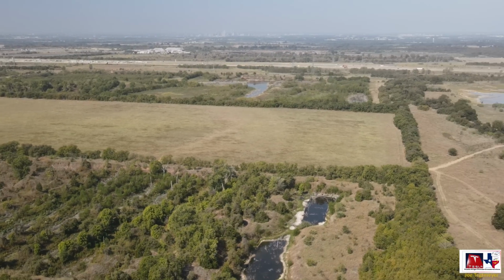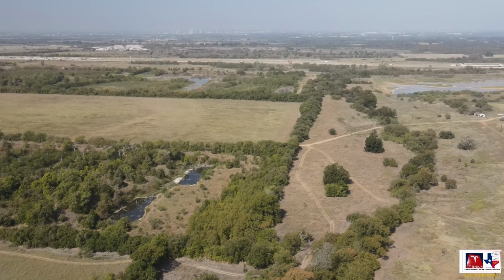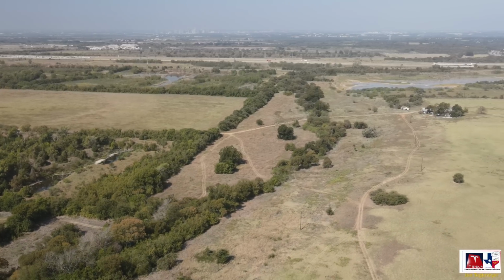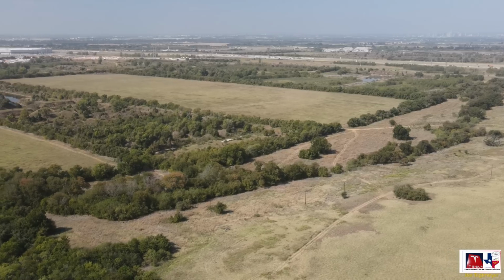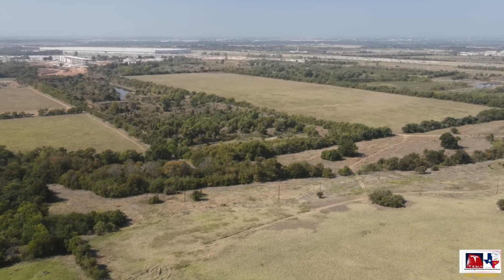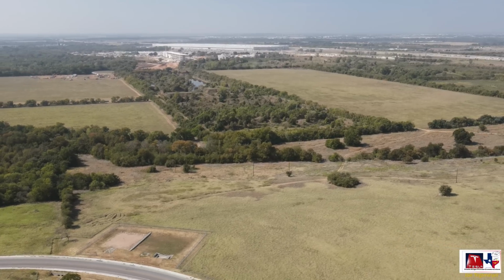That large clearing, that rectangular clearing, might be a great place to build as it's already level. And you can kind of see downtown Austin in the distance and how this whole location would appear as more and more construction continues to move towards the north. I'll face back towards the south so you can see how these two large fields appear, and in the distance